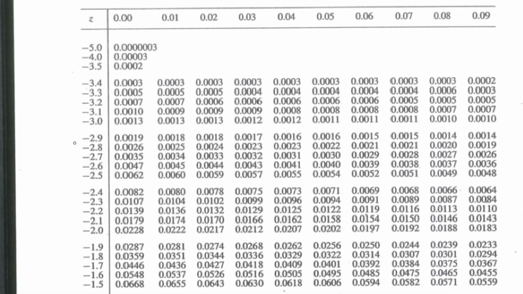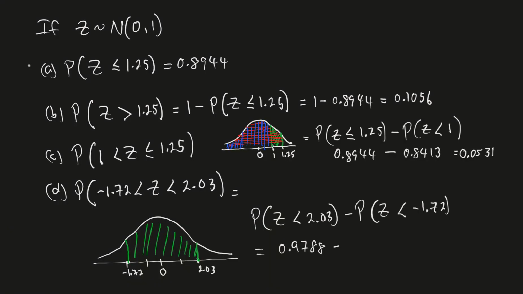-1.72. So I see the -1.7 here. -1.72 is right here. So this is what I need. So I'm going to subtract 0.0427. Right, so 0.0427. So what do we get there? Well, we have a 1, we have a 6, we have a 3, and then we have a 9. So it's almost a 94% chance that our standard normal random variable will be in this interval, somewhere between